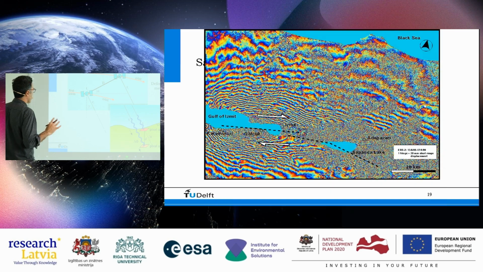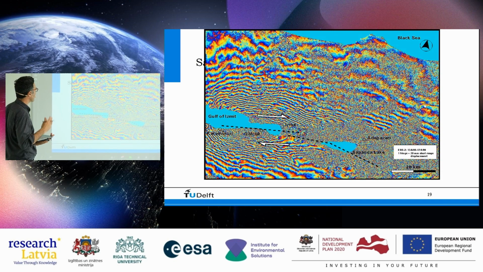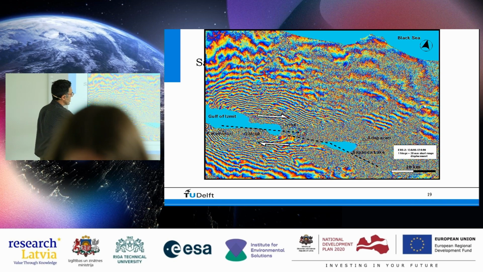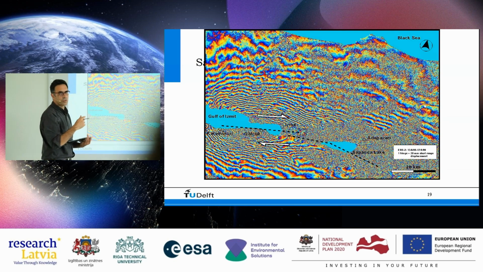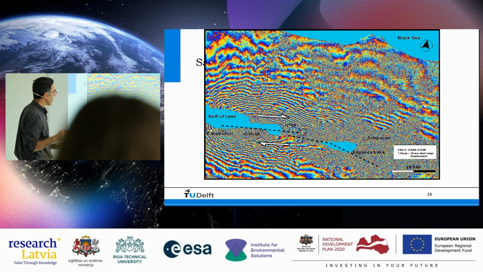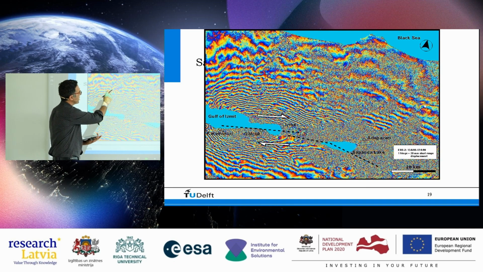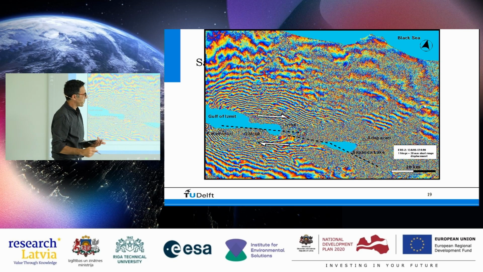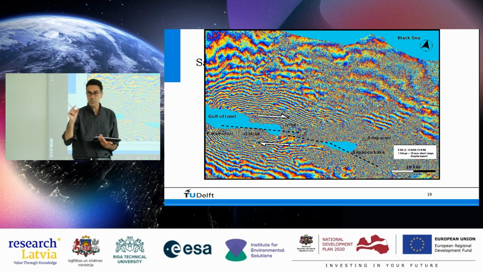Now, maybe a couple of pictures of deformation first. These are actually quite old slides, but they're still relevant. So this is the image of an earthquake in Turkey. And again, you see these whole cycles, and now these cycles should be interpreted completely different to what we did before, right? So before the coffee break, we said, okay, there's a height ambiguity, and from one cycle to the other is maybe 100-meter difference, so this is a mountain, right, or a valley. In this case, it's not a mountain or a valley, but it's deformation. And every cycle here corresponds with 28 millimeters of displacement.